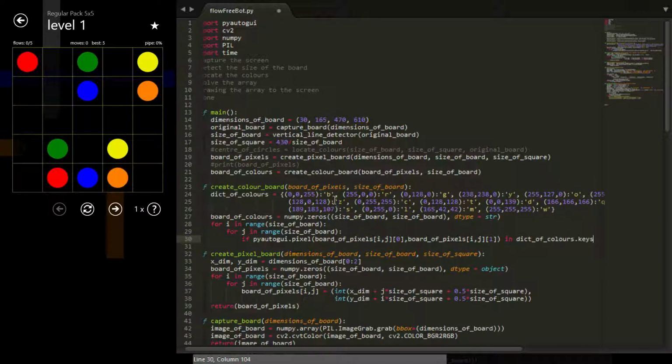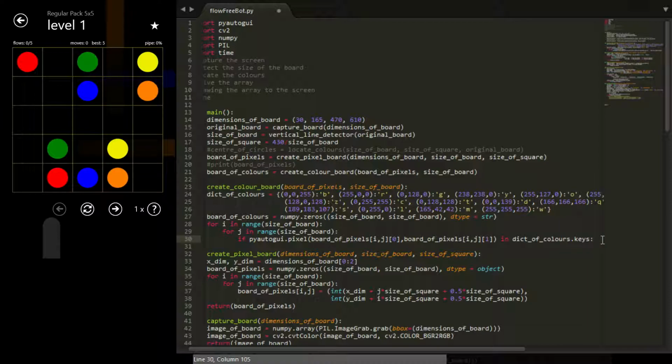Hopefully you understand how dictionaries work, but basically for every element in a dictionary, you pass it a key and a value, and the key corresponds to the value. So in our case the keys are the tuples, so we're going to want to check if the tuple, the colour, is in the keys, which is our tuples, and if it is, we're going to want to